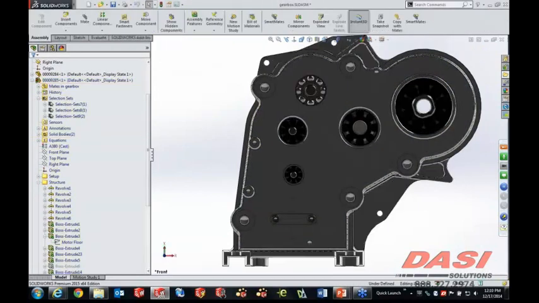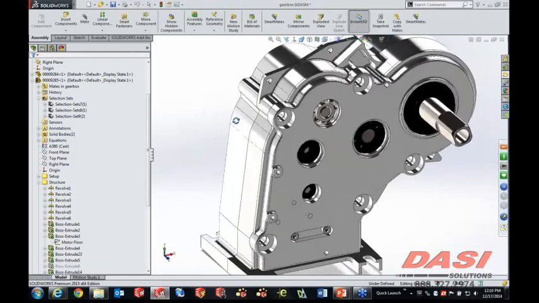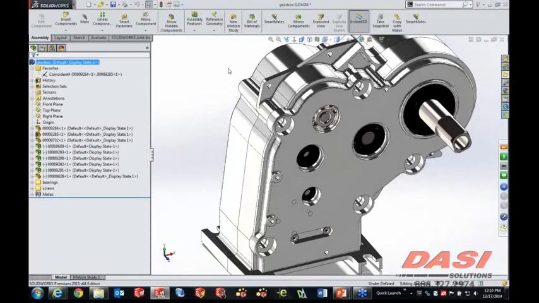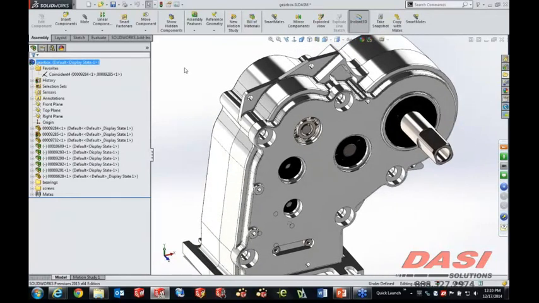And what I wanted to get into specifically with this is a little bit of new functionality changes that had to do with Toolbox. Now for those of you who haven't used Toolbox and do have Professional or Premium licenses, it's definitely something that you should take a look at because it's a really great performance enhancement tool for adding the fasteners into your